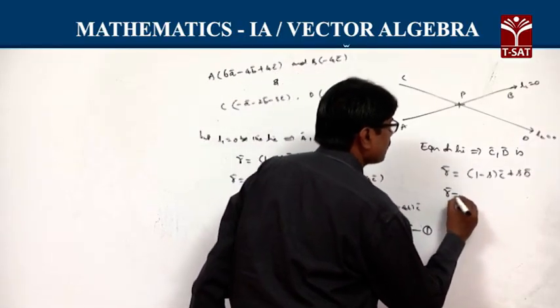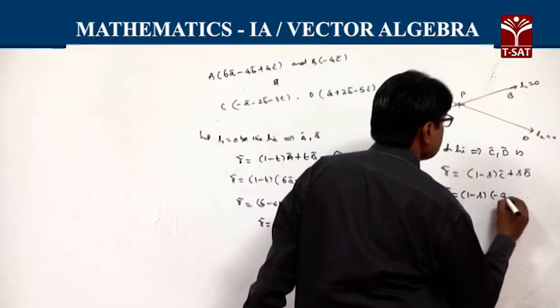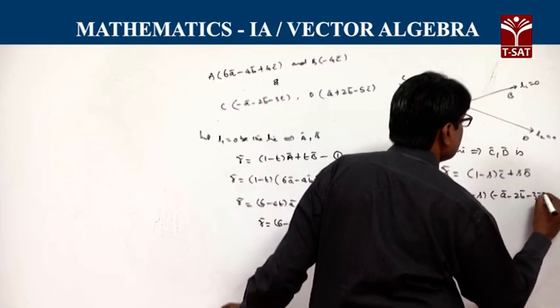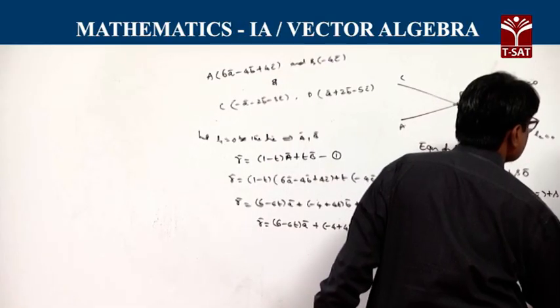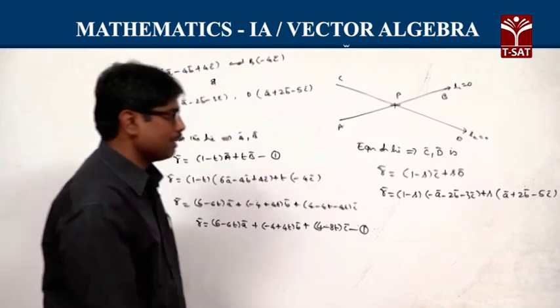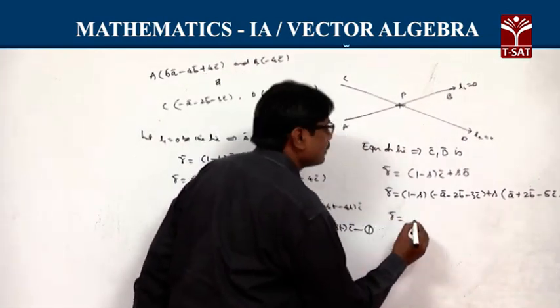So, R bar is equal to 1 minus S into C bar. C bar is minus A bar minus 2B bar minus 3C bar plus S into D bar. D bar will be A bar plus 2B bar minus 5C bar. Again separate A bar, B bar, C bar component wise. So, your R bar is equal to